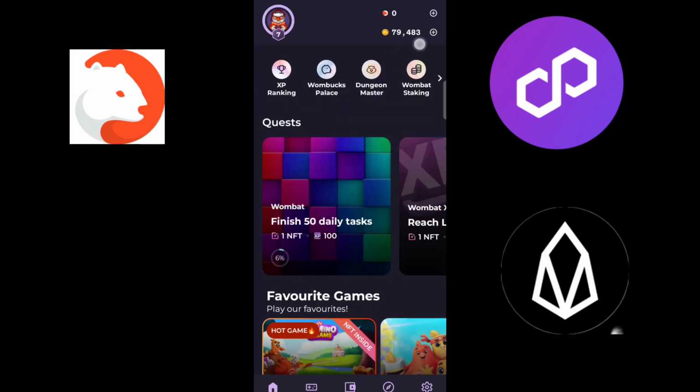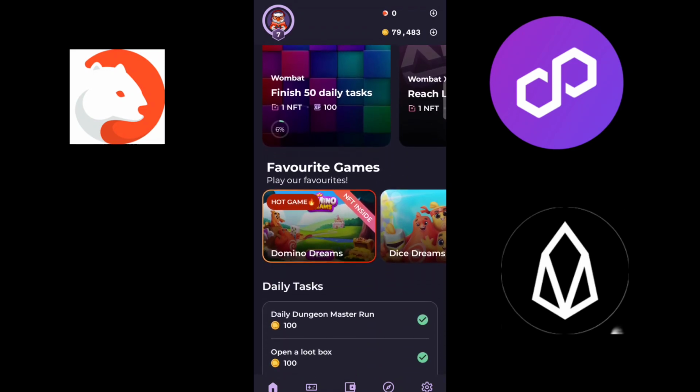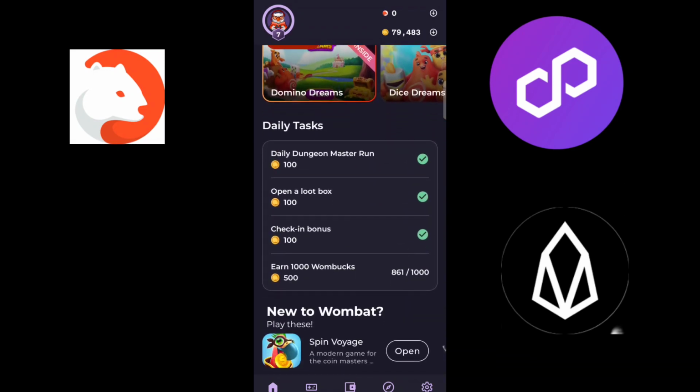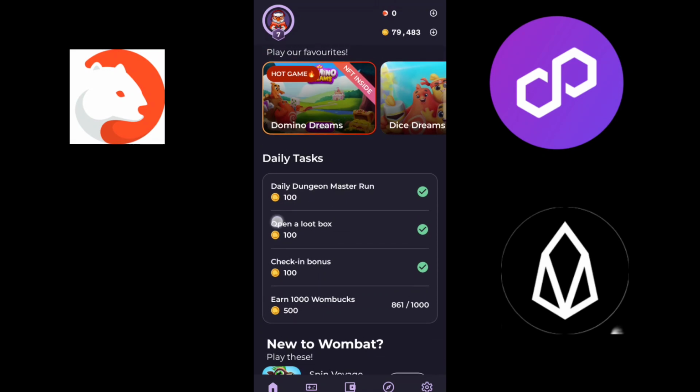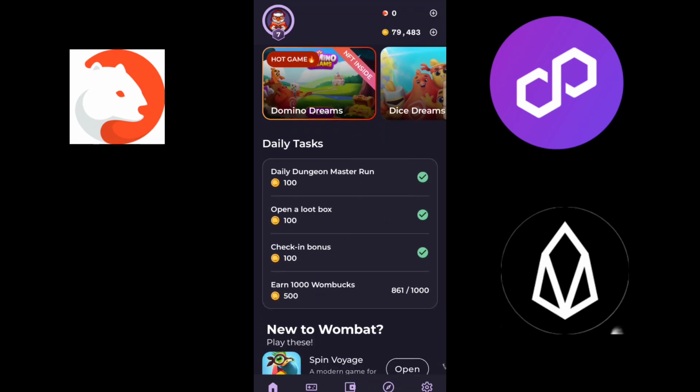If you want to earn these coins, how do you earn them? Scroll down, then you will see 3 to 4 types of rows, activities you should do for claiming the coins. The first option is the daily Dragon Master run. This is a basic game you can play and earn 100 Wombat coins instantly, and then open a loot box. This is the best feature of this app, because by opening a loot box, you can get 500, 600, any amount of Wombat coins instantly